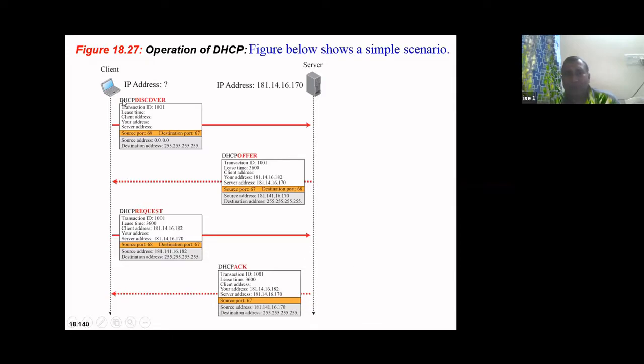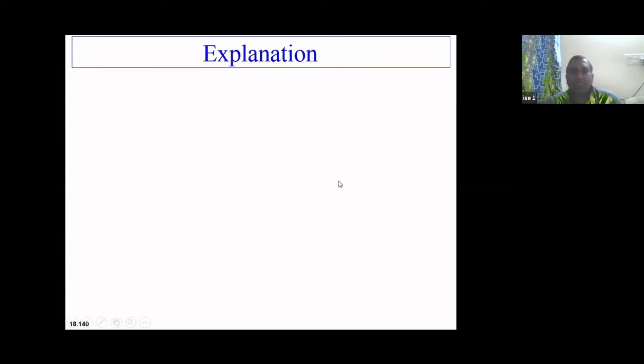So these are the 4 types of packets that I have explained: DHCP discover, DHCP offer, DHCP request, and DHCP acknowledgement. So basically all this will be packed in the application. In the application layer, this DHCP packet is generated, and then that will go into the User Datagram Protocol, and that will be packed into IP.